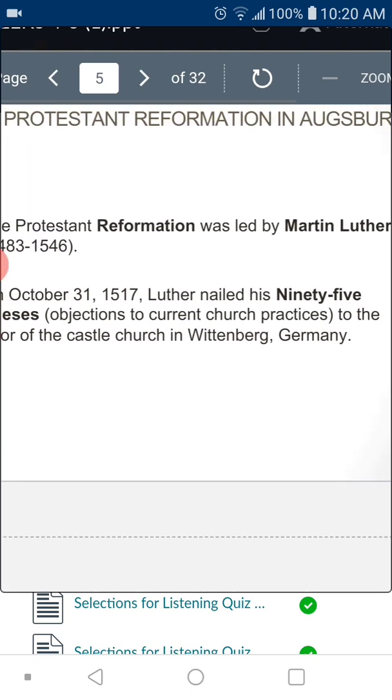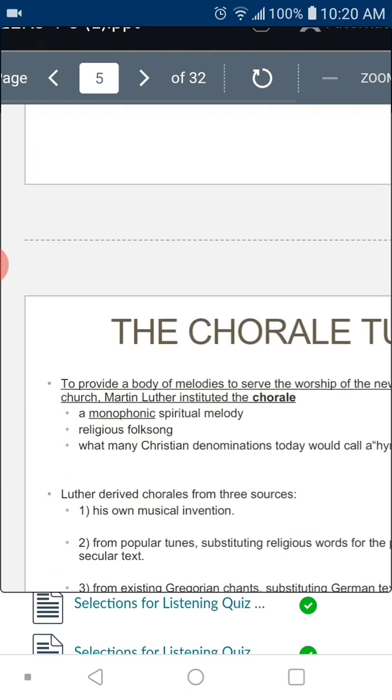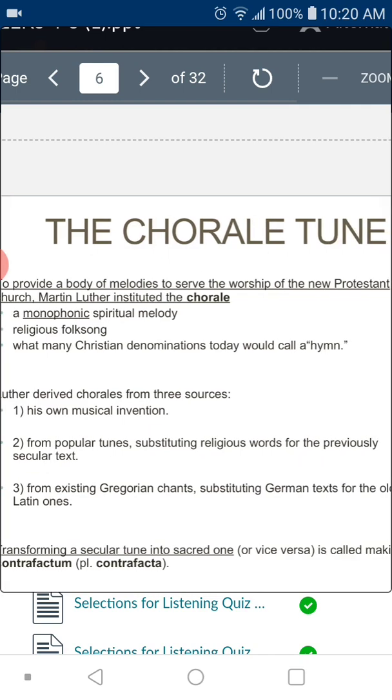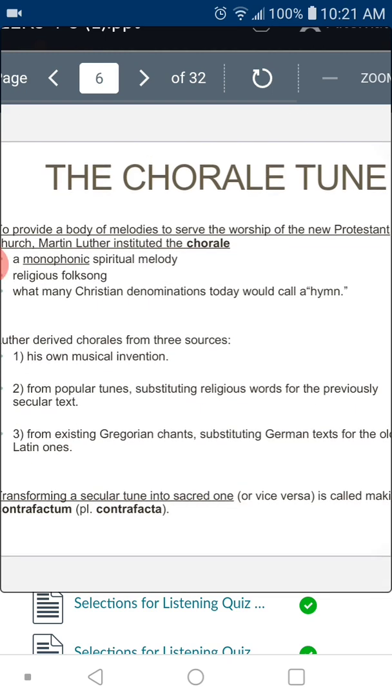So you have a new religion, Lutheranism. Now, the most important genre of Lutheran music is the chorale. The chorale is like a polyphonic composition. You know what polyphonic means by now. So there are different melodies performing simultaneously. And the chorale could be based either on a new tune, a new melody, or on a pre-existing tune. In other words, you could have a tune that is created on the spot,